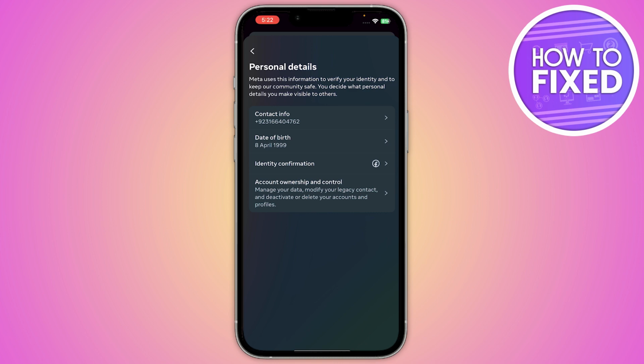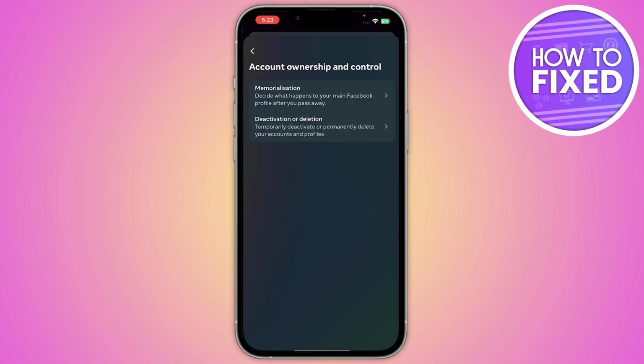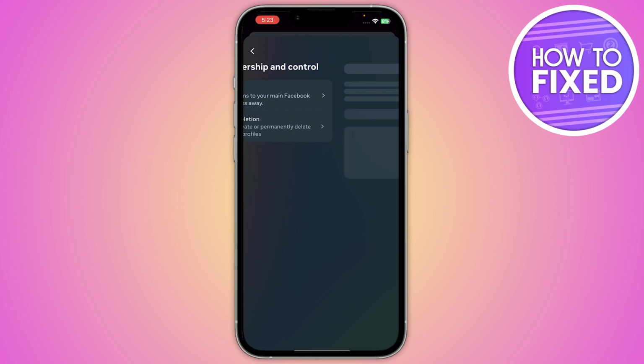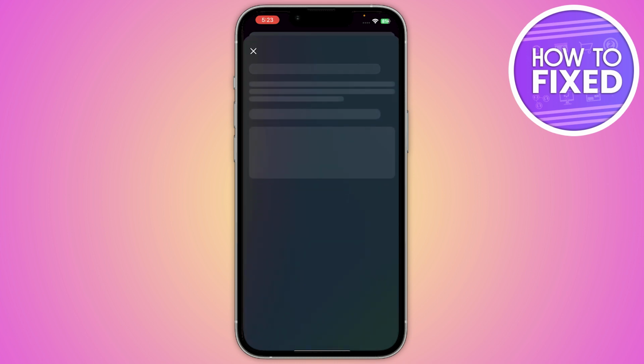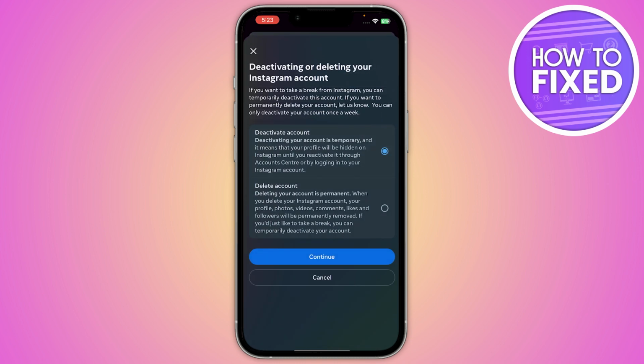here is the option of Account Ownership and Control. You have to click on it, and from here is the option of Deactivation or Deletion. Here you can temporarily deactivate or permanently delete your account, and the profiles you have to simply click on it, and from here you have to select your Instagram profile, and once you select it, here you have to select the Delete Account option, and here you have to read the terms and conditions that once you delete your